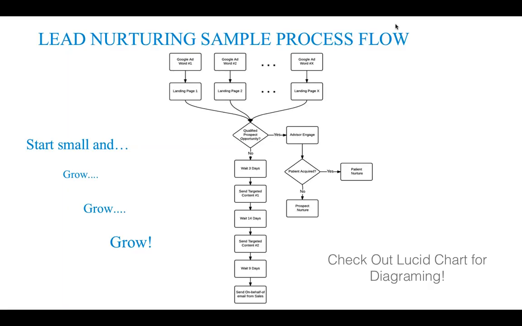So if we start at the top of the process here, right, we have Google AdWords coming in, and that's going to drive people to landing pages, right? And we want to test those landing pages, do comparisons of which ones are working. But then we have to ask ourselves, how many of these are generating qualified prospects? If they say yes, okay, we want an advisor to engage them. We're going to go down the right-hand side here. Was the patient acquired? If yes, well, then we want to put them into a nurture campaign, right? That talks about customer satisfaction, sharing those stories, continuing the dialogue, right? Like Brianna mentioned, how do we make sure that we're building a relationship with them and a rapport with them over time? They become your biggest advocates.